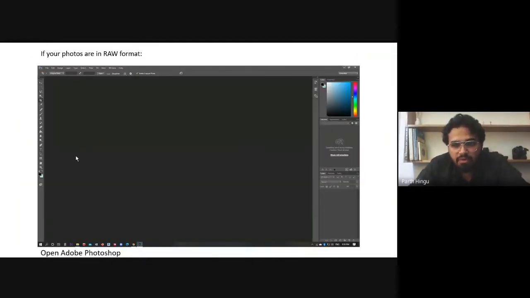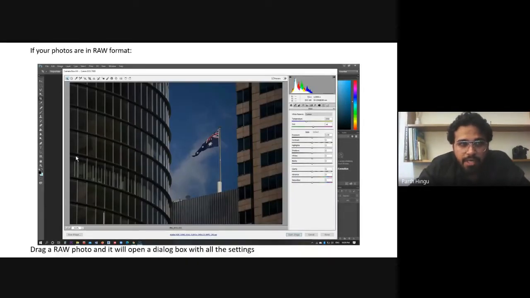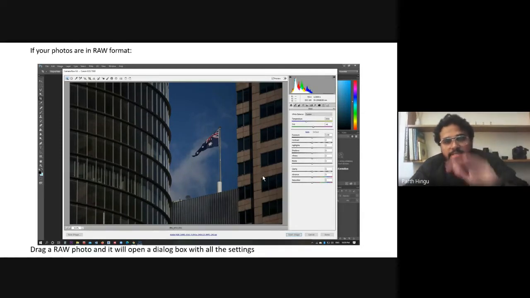If you captured a photo in a raw format, just do one thing. Open Photoshop, then drag and drop one image. This will pop up a new dialog box like this one in Photoshop, and adjust the exposure, contrast, highlights, shadows, and everything for your photograph.